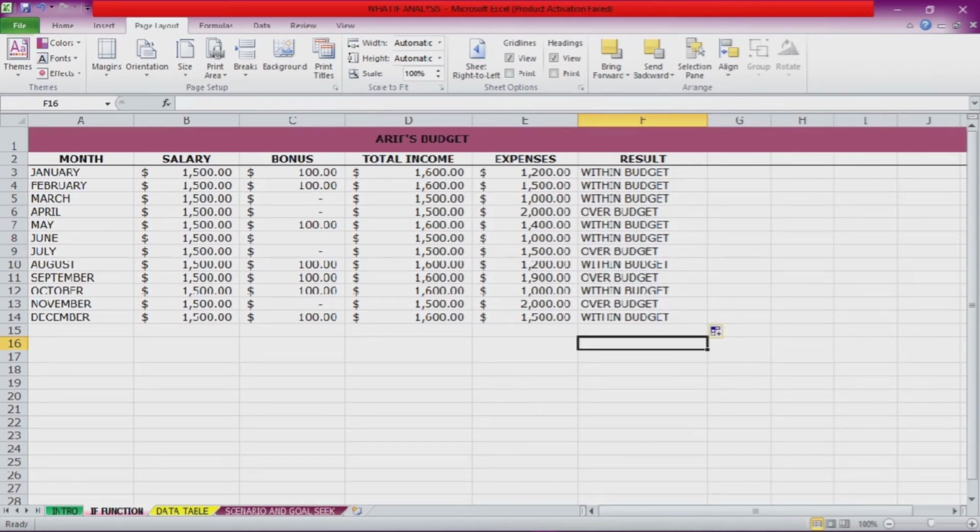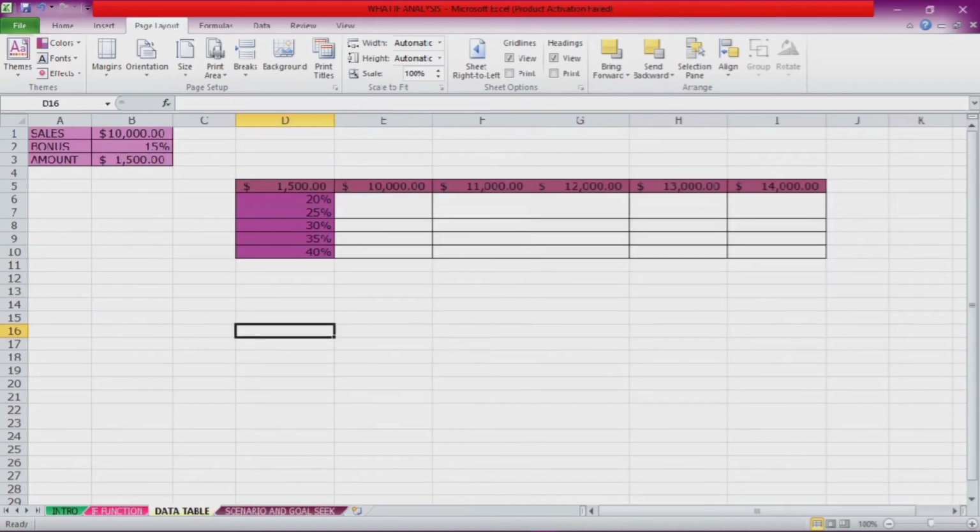And then we go to the data tables. For the data table, we want to see the answer if we have two variables, and it can answer at the same time without having to calculate one by one. Here is my example, we want to know what we get if this amount of sales is multiplied with this amount of bonus. Actually you have to put your information over here,